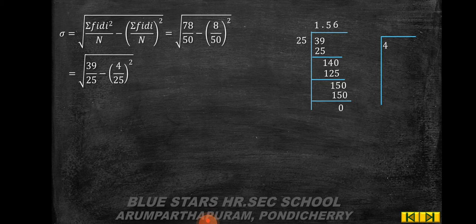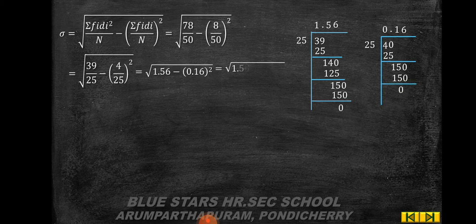Then 4 divided by 25, so put the decimal, add 0, 1 times 25, 15, add 0, 6 times 150. So which is equal to root of 1.56 minus 0.16 the whole square,